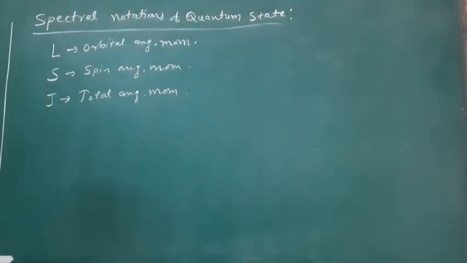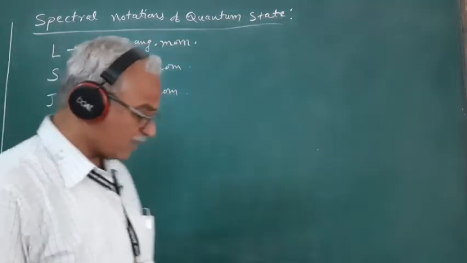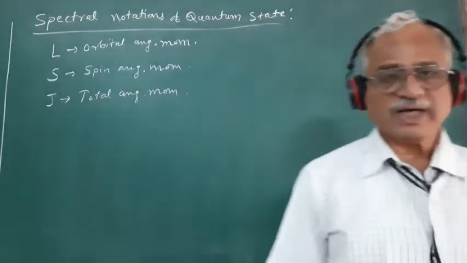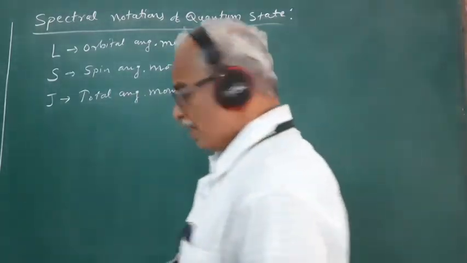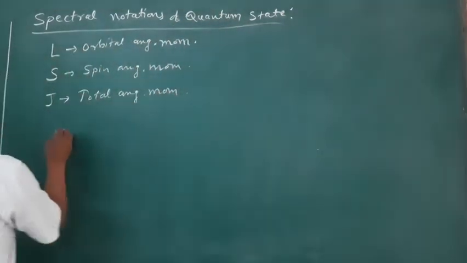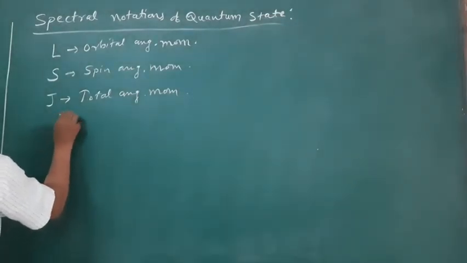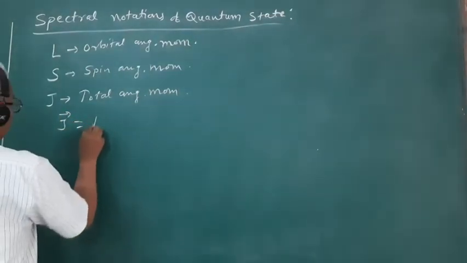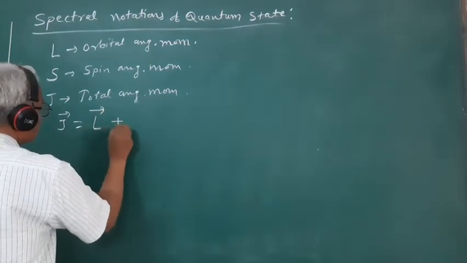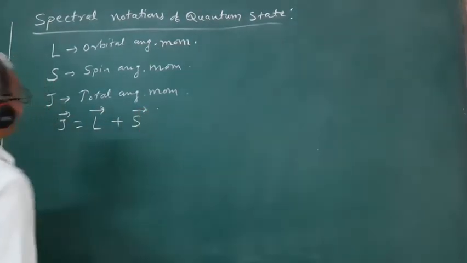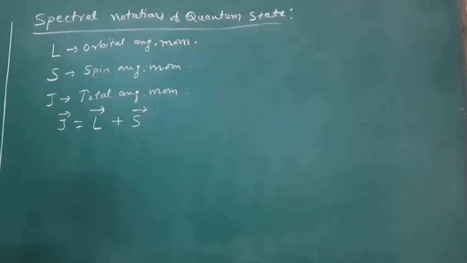This total angular momentum J of an atom is the vector sum of the orbital and spin angular momentum of an atom, so that we can express the total angular momentum J bar as the vector sum of the orbital angular momentum and the spin angular momentum, that is L bar plus S bar is equal to J bar,